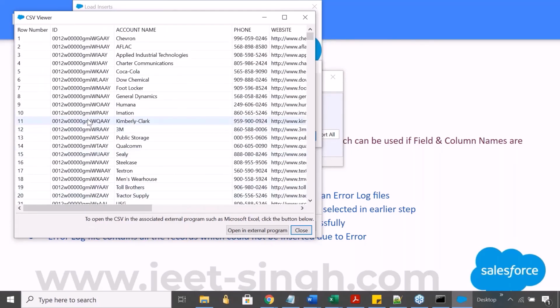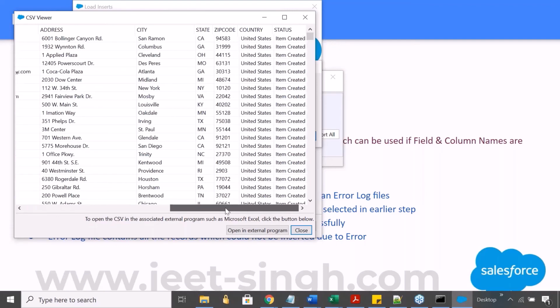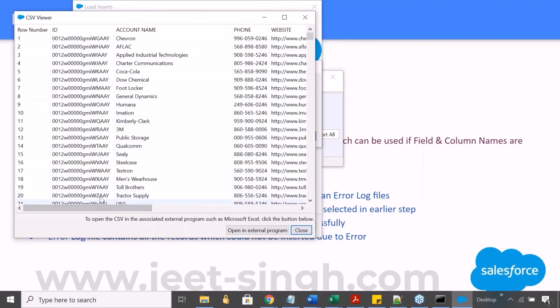A small thing you would notice here is that when I created the file, my file had account name, phone, website, and so on. ID was not there. Now, since the records have got created, there's a Salesforce ID generated for all the records. So right now you have the IDs of all the records which have successfully got created.